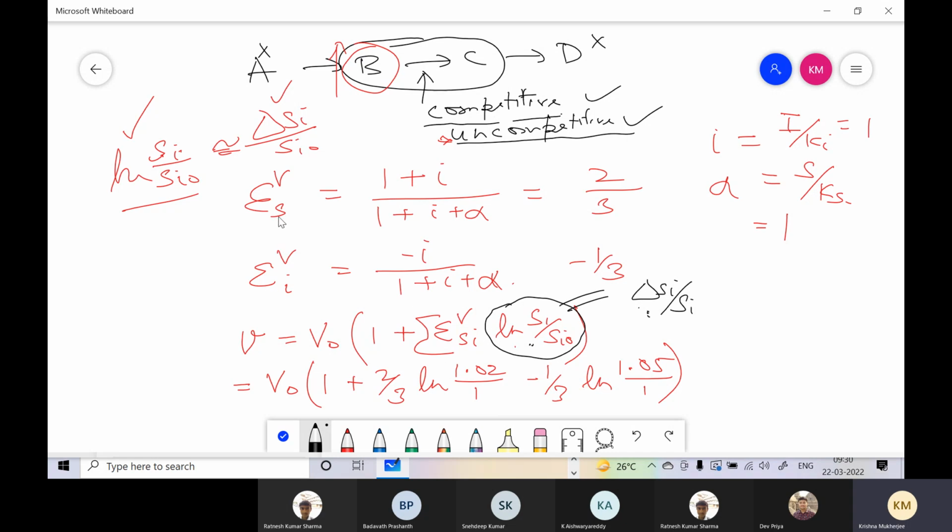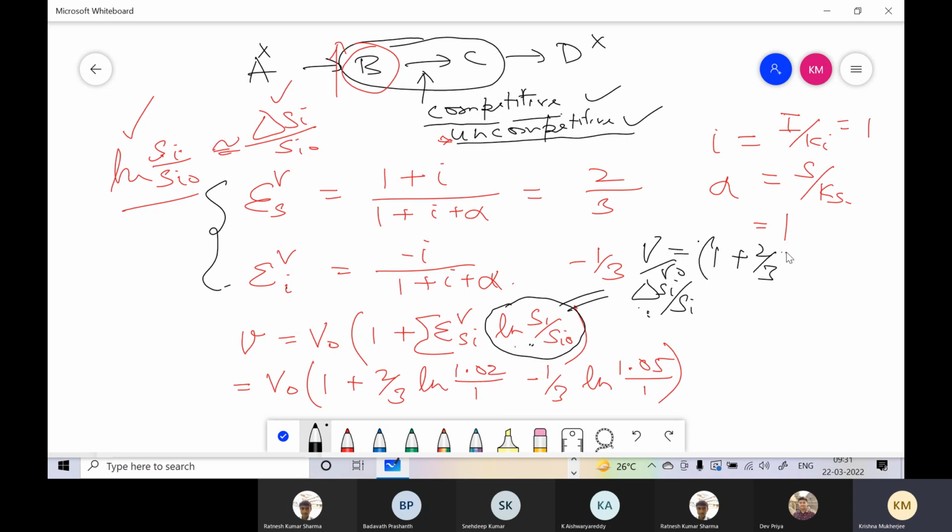So suppose I have two substrates, three substrates, competitive inhibition, non-competitive inhibition, uncompetitive inhibition. All of these have E values, and they're there in the book. You don't have to derive it again and again. And then plug it into these numbers. And then you can find it out. And so V by V naught, the fractional change, will be 1 plus 2 by 3 into ln of 1.02,